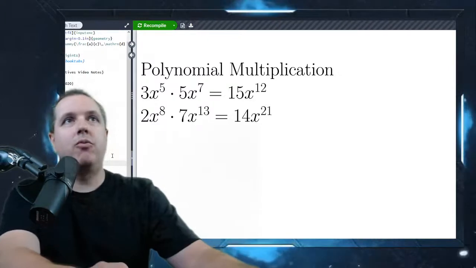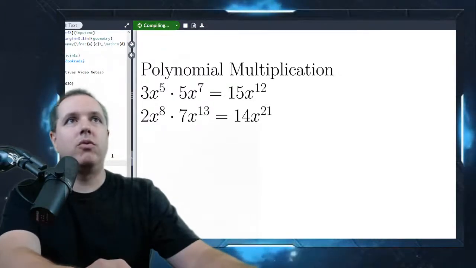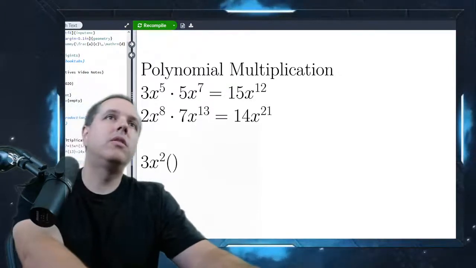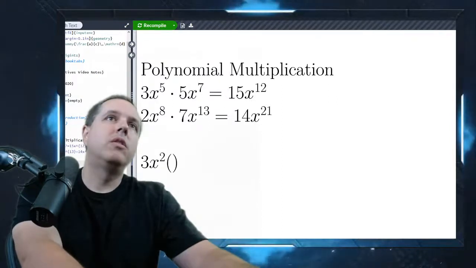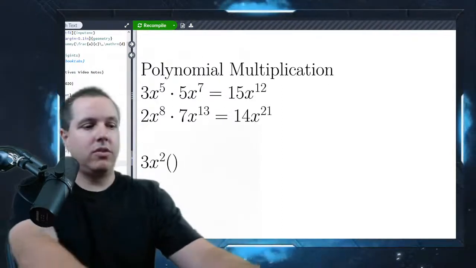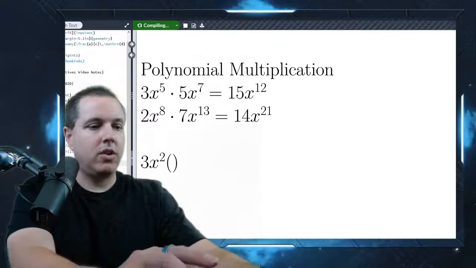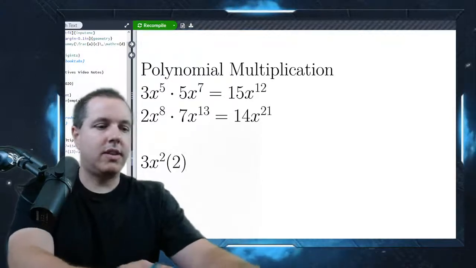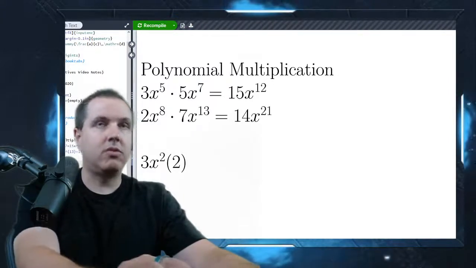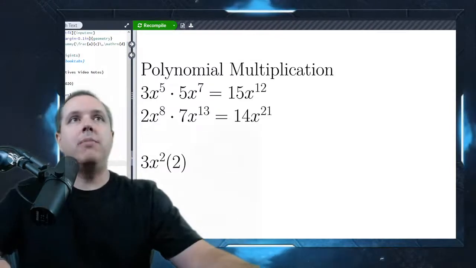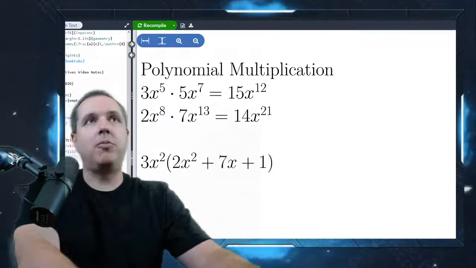Oh, actually, before we do that problem, let me... Oh, yeah, I did want to do this. So let's do 2x squared plus 7. Okay, so let me actually define our polynomial multiplication,